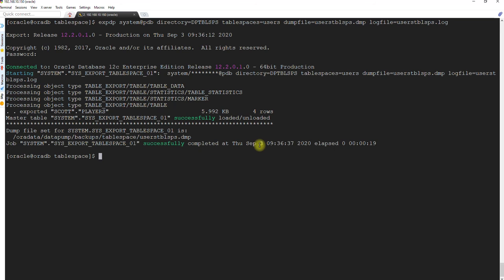There is only one table and the master table. These two are backed up. I created this scott user and created a table under it, so those are backed up.